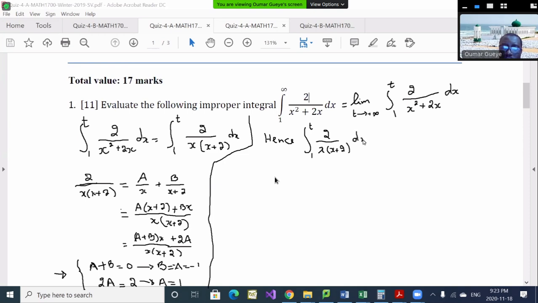Now this integral, by using the partial fraction expansion, is going to be the integral from 1 to t. I'm going to substitute the integrand by its expansion. You have it here. Okay, I'm just going to change the color. I'm going to replace my function with the partial fraction expansion, where a is equal to 1 and b is equal to -1. And doing so, I'll get